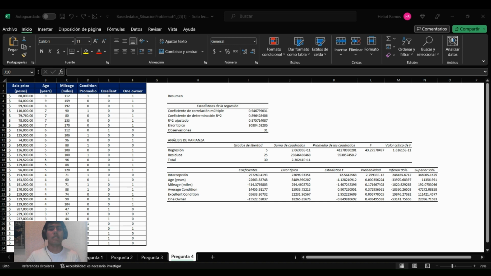For example, in this case, it was a price, but it could be for grades, or even in the more industrial